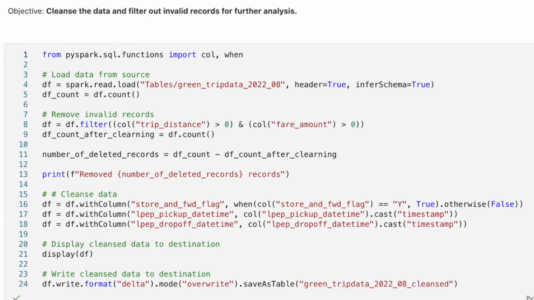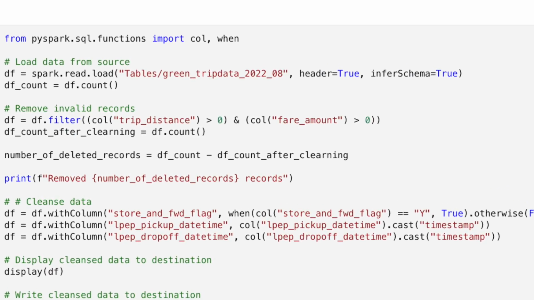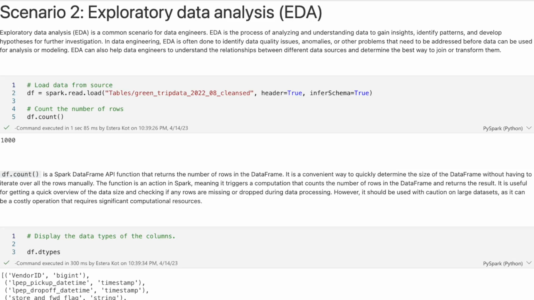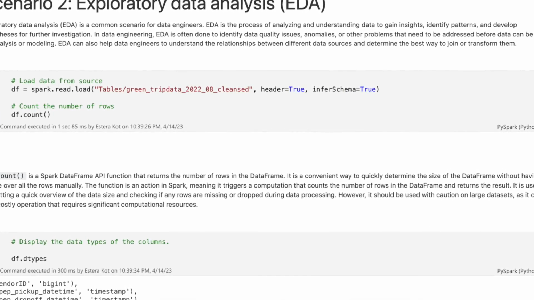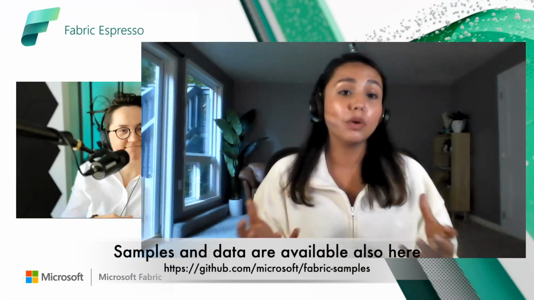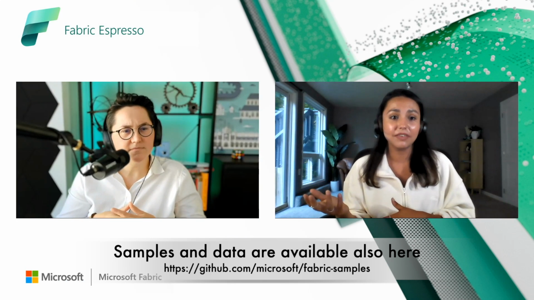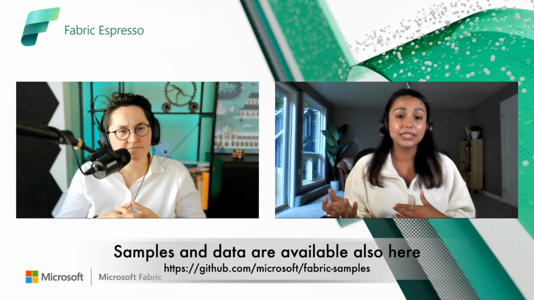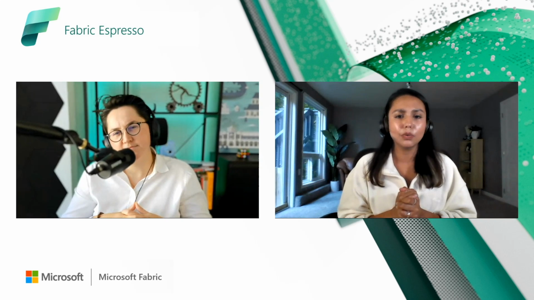Whether you're a seasoned data engineer, a data scientist, or just someone curious about the power of data, these samples can really be a game changer for you. They provide clear, well-documented code snippets and examples that can save you time and effort. So instead of reinventing the wheel, you can simply refer to these samples for guidance. It's like having an experienced mentor by your side, helping you navigate through the intricacies of data processing with Spark. So to summarize, samples really do offer a wealth of benefits. They can speed up your development process, improve your understanding of Spark, and reduce the overall chances of errors